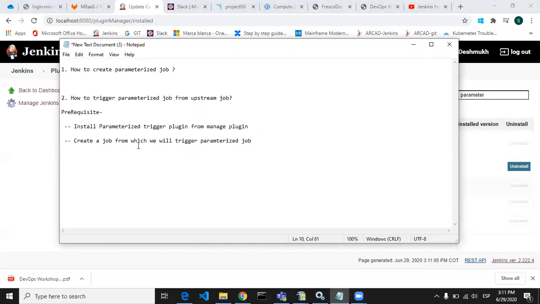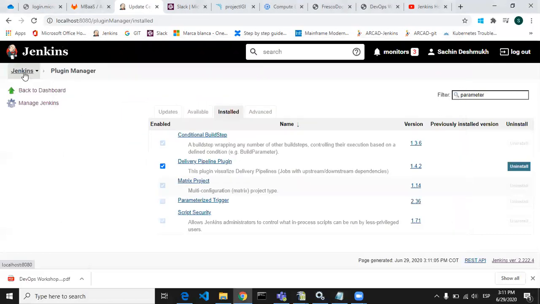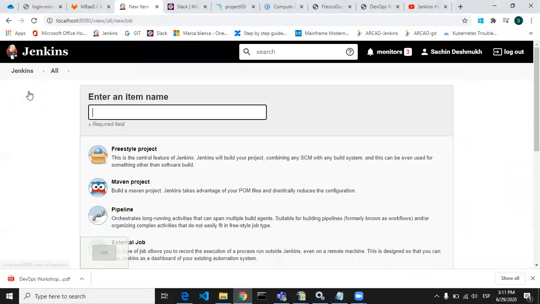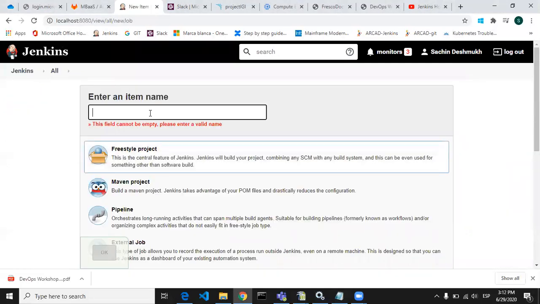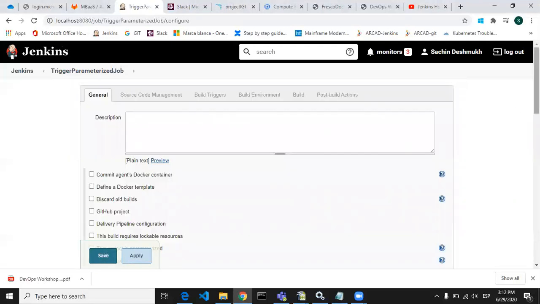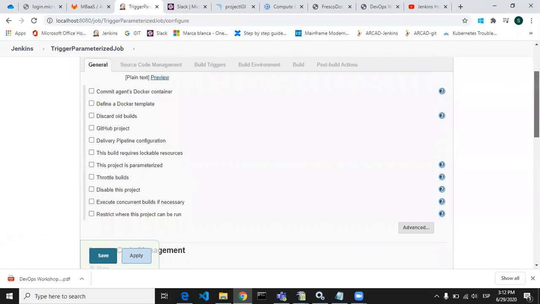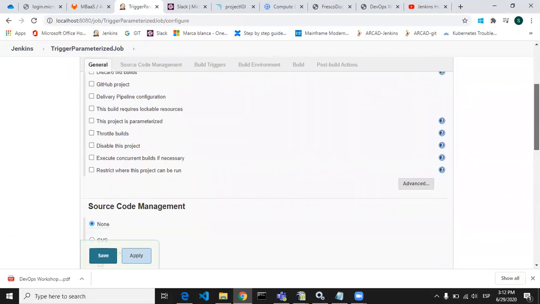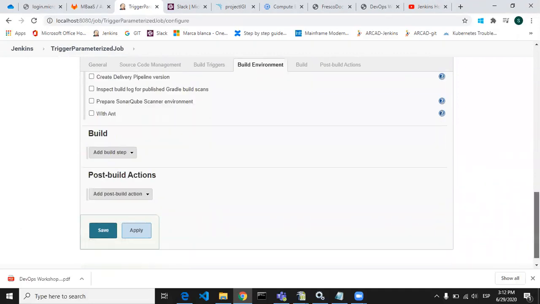Now we have to create a job from which we will trigger a parameterized job. Okay, so let's go to Jenkins, new item, freestyle project. I will say here trigger parameterized job. Okay, now here this job will only trigger the parameterized job. Okay, so what we have to do here is